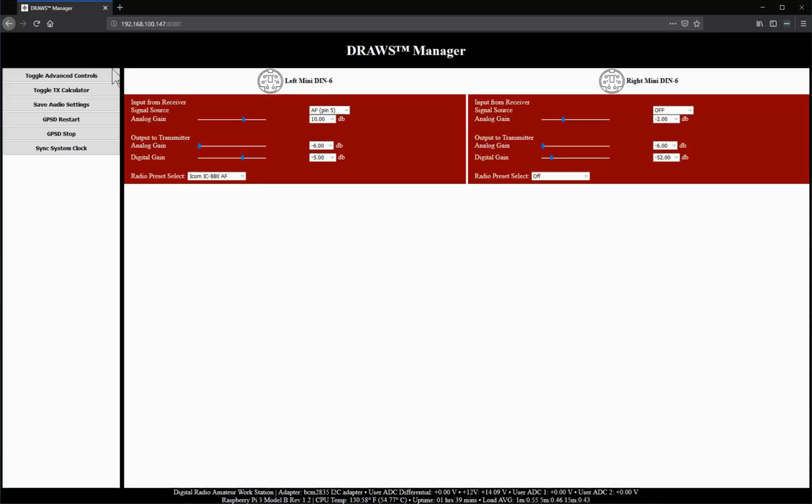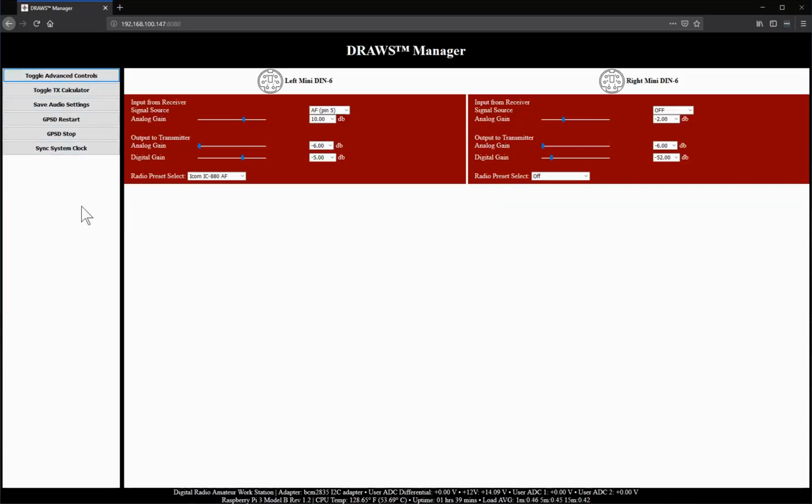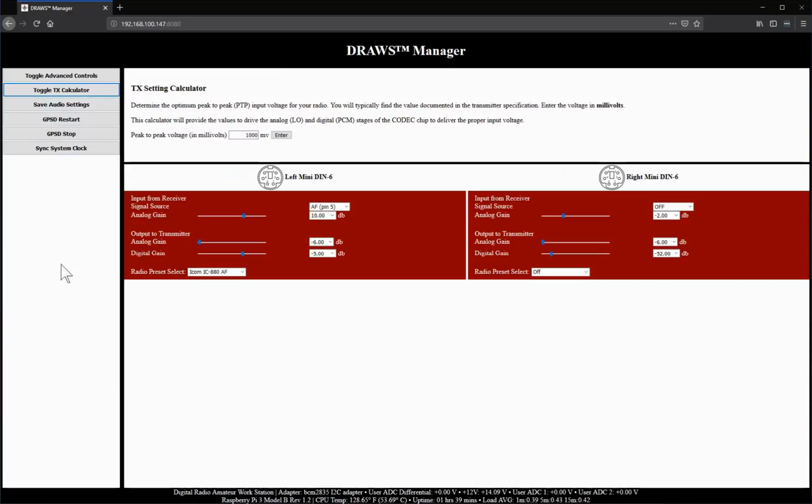There are some advanced controls that are typically not used, but if you want to see them, they're here. If you need to change them, you can change them here. You toggle that off. If you're starting with a radio that isn't in the pull-down list, or you don't know the values that should go in, there is a transmit calculator. The calculator is looking for the peak-to-peak input voltage that should be going into the transmitter. Once you put that value in